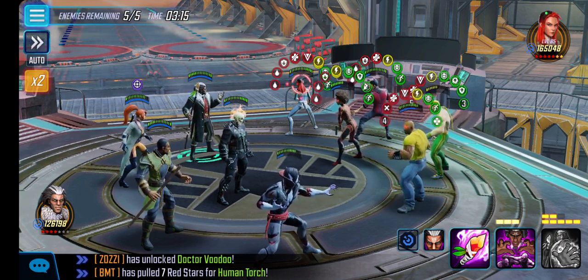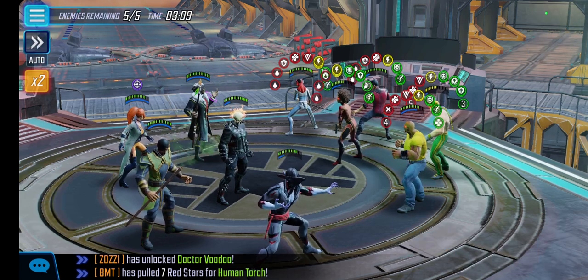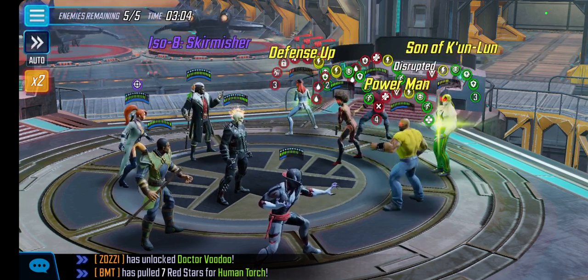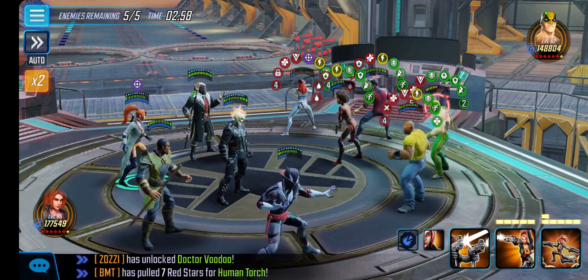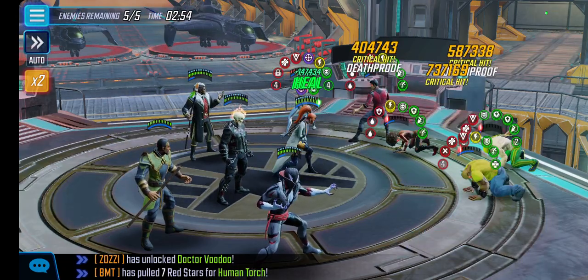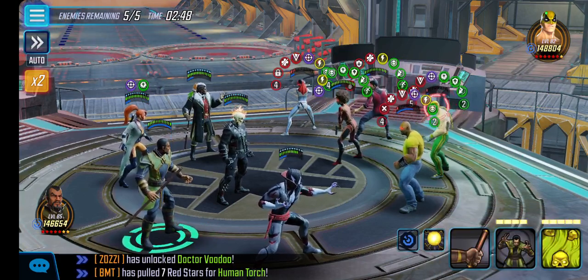So I'm definitely gonna go with the special over here, because Colin Wing's special is actually hitting quite hard, so I don't want that to happen. Then I'm gonna be going back to this side and just going with the ultimate. This will let Misty Knight heal back up and get rid of those debuffs, which is sort of bad, but at the same time we got